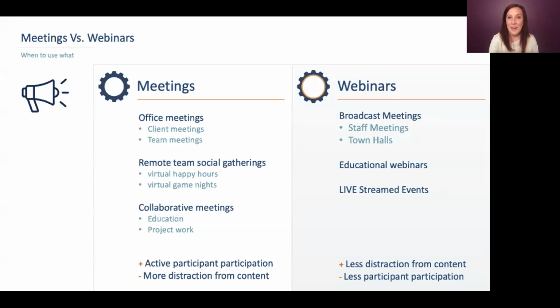They're also really good for live streamed events. So if you're wanting to throw something up on Facebook and Twitter and broadcast in a couple of different ways, you can do that through Zoom. It actually has a built-in feature to allow you to send that straight out, which is pretty cool.